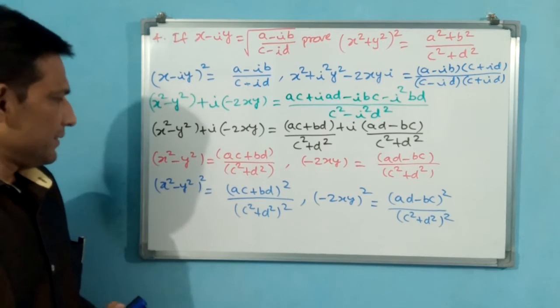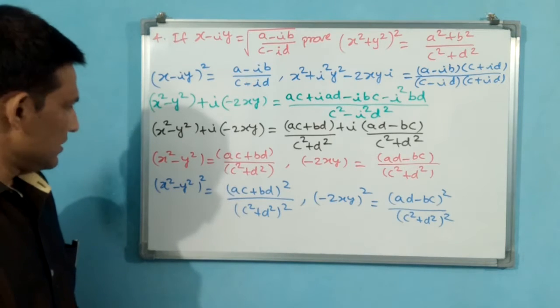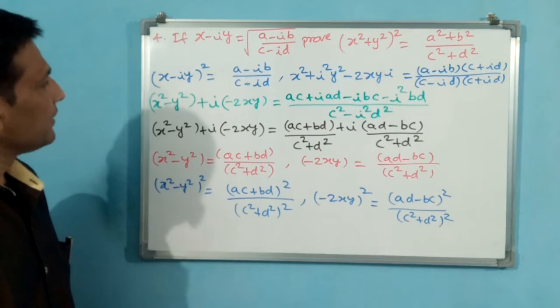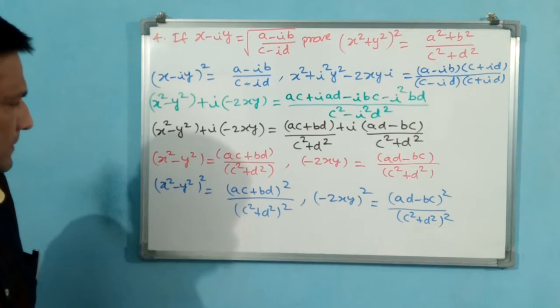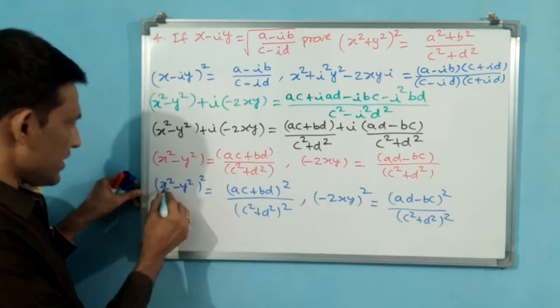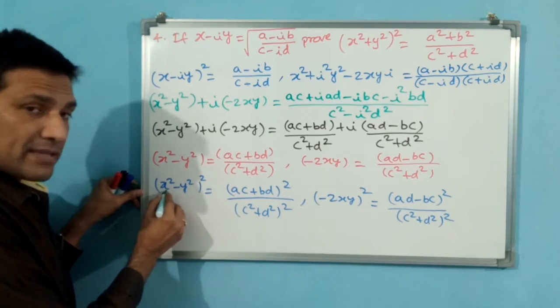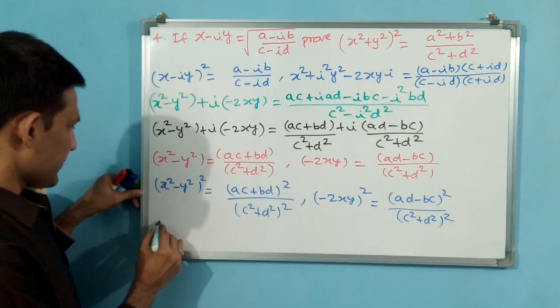Now we will go to the top. I don't think the space here is sufficient. Or shall I try one more step? Okay, this I will try. Okay, x square minus y square whole square. See, a minus b whole square. Now a is x square, b is y square, a square. Okay.